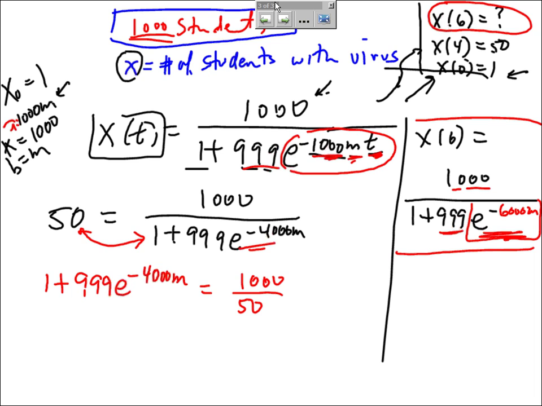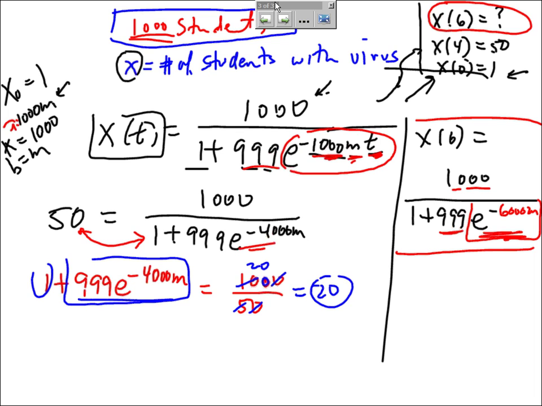So now how many 50s are in 1,000? If you don't know, you can cross off zeros. You should know how many 5s are in 100. It's 20. If you didn't, 5 goes into 10 2 times. Don't forget that 0. So it's 20. 1 plus this is 20. Oh, this must be 19. 999 e to the negative 4,000m is 19. Divide by 999,